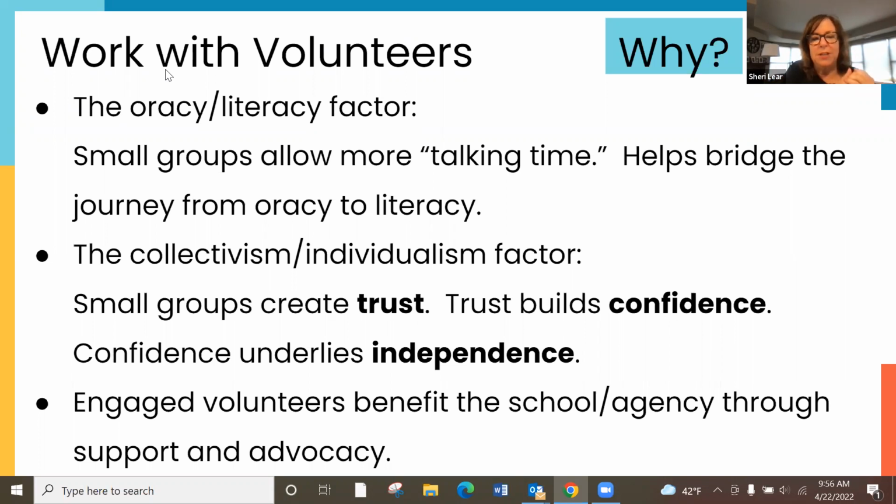So the first way it helps is we have this oracy literacy factor, where our students come from a background of oracy, where they gained and demonstrated knowledge through listening and speaking, and now they're moving into a culture of literacy where they're going to acquire and demonstrate knowledge through reading and writing. And small groups can help us bridge that gap from oracy to literacy. We can have small groups, we can focus on conversation, we can build relationships, and then gently guide them over